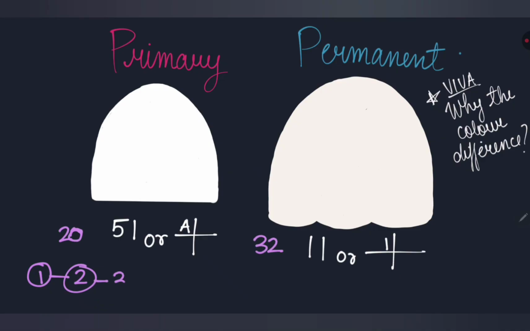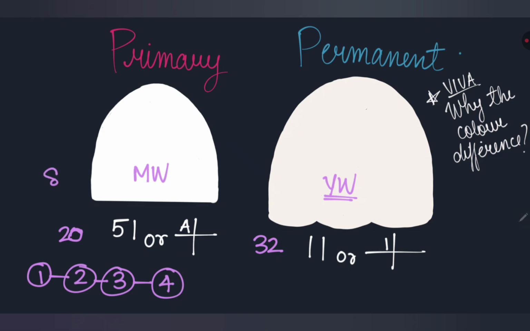The third we saw was the color of the teeth. Here the color of the primary teeth is milky white, whereas the permanent teeth are yellowish white. Why are they yellowish white? Remember I told you the enamel is translucent and the layer of dentine is thicker. Therefore it appears more yellowish. And the fourth factor was the gross dimension.